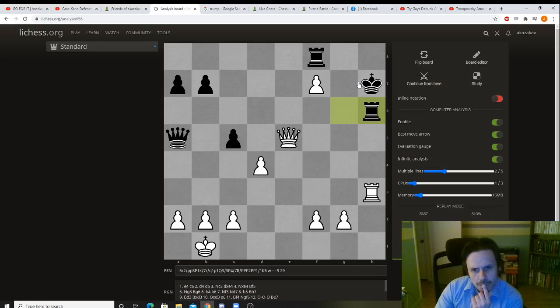Let's all think together about this. I'm trying to figure out which of these two moves makes more sense. We don't want to take the rook because we run out of pieces. So we need to figure out how to do it the best way. And the logic is